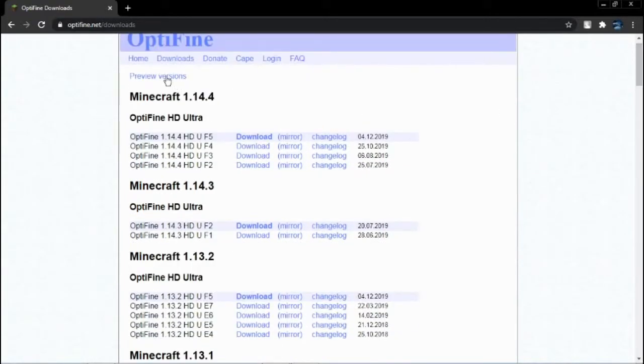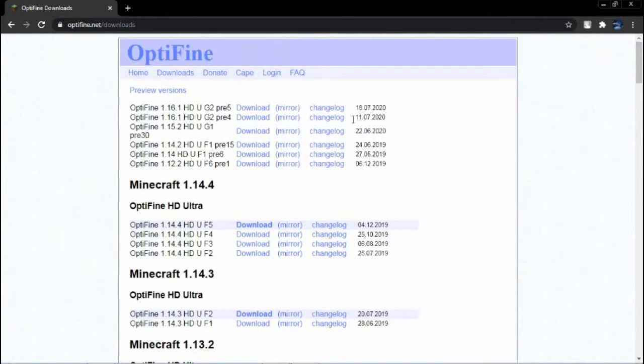So you just have to press on preview versions, and then you will get these. These are the latest versions, the versions the Optifine developers are still working on. So you just have to press on 1.16.1.